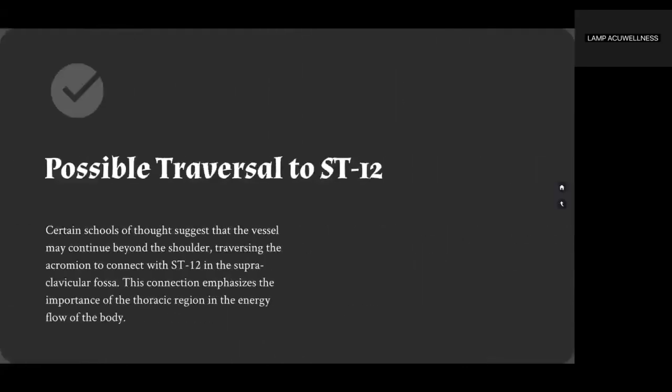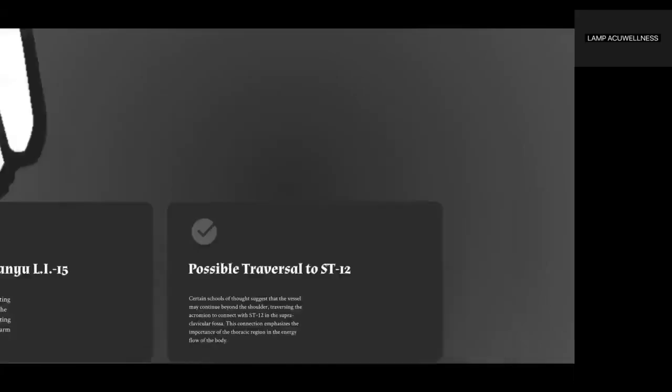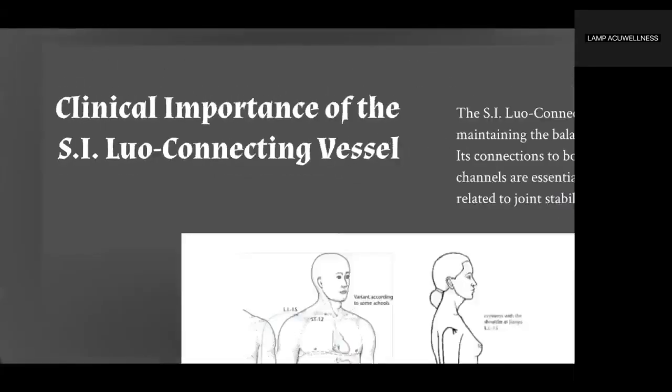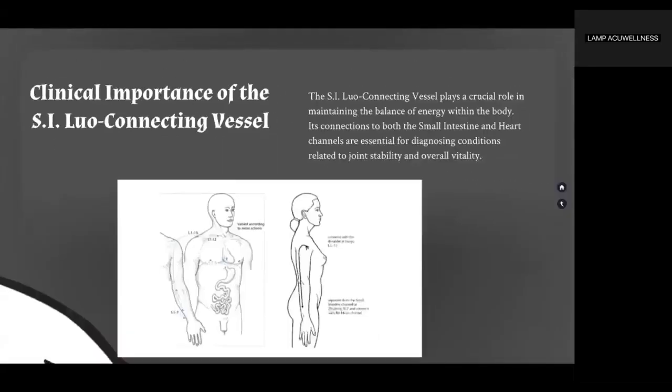Certain schools of thought suggest that the vessel may continue beyond the shoulder, traversing the acromion to connect with stomach 12 in the supraclavicular fossa. This connection emphasizes the importance of the thoracic region in the energy flow of the body. The SI Luo-Connecting Vessel plays a crucial role in maintaining the balance of energy within the body. Its connections to both the small intestine and heart channels are essential for diagnosing conditions related to joint stability and